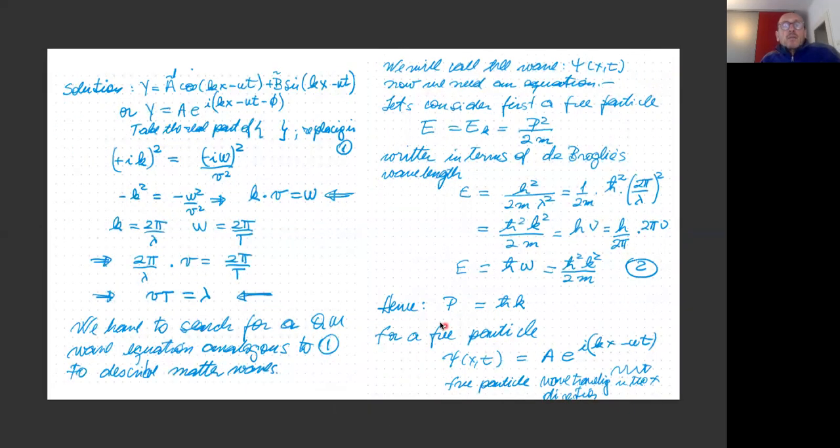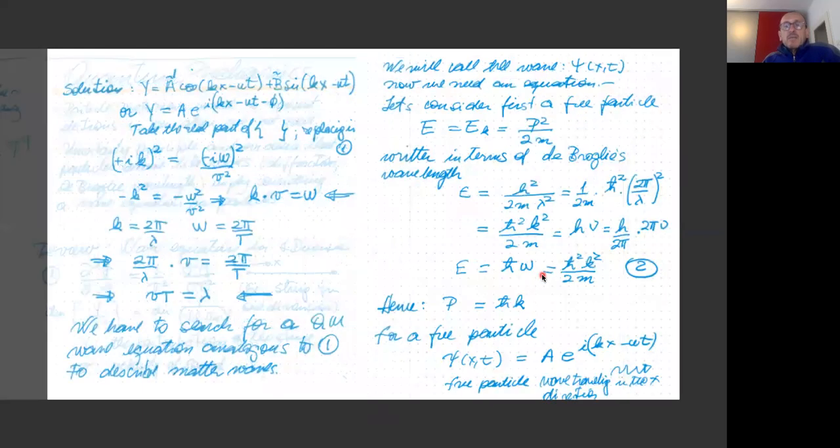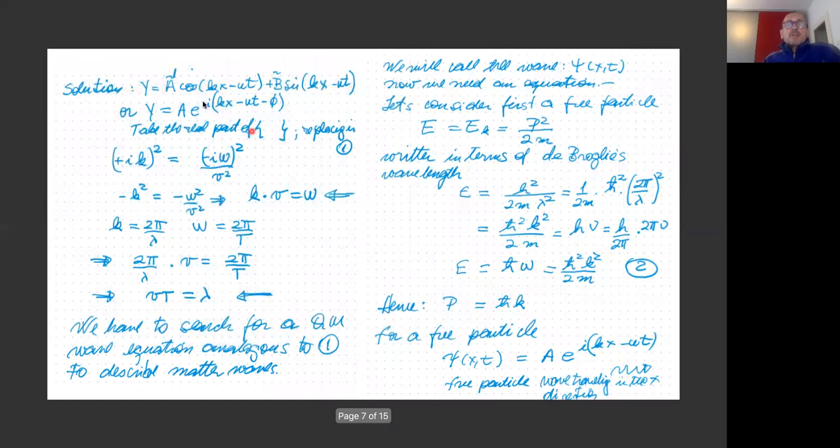Okay, so the solution to that equation in general is harmonic, because you have a second derivative here and a second derivative here, and the second derivative with respect to one variable should be equal, with a factor in front, to the second derivative with respect to the other variable, time. So it can be proved very easily that this is a reasonable solution,